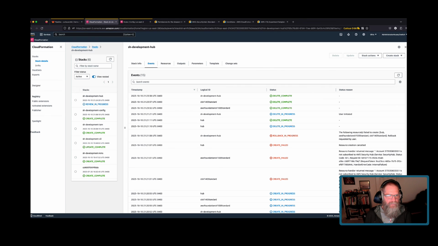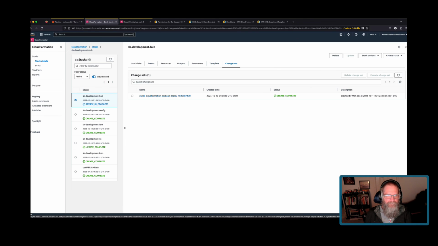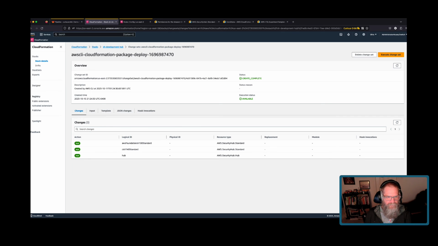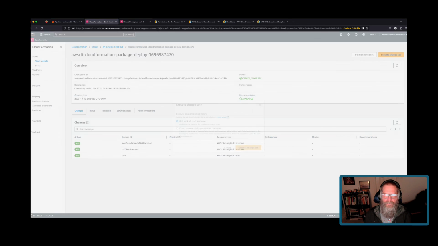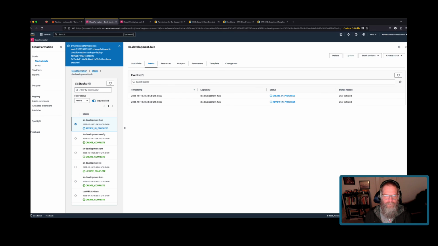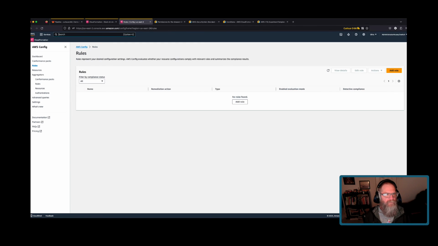Okay. Here we go. Great. If this doesn't work this time, if it throws the same error, I'm going to disable all of these so it just deploys hub and see what it does. And then maybe we can go step by step to see if we can figure it out. All right, so there's hub. And if we just go back over here,